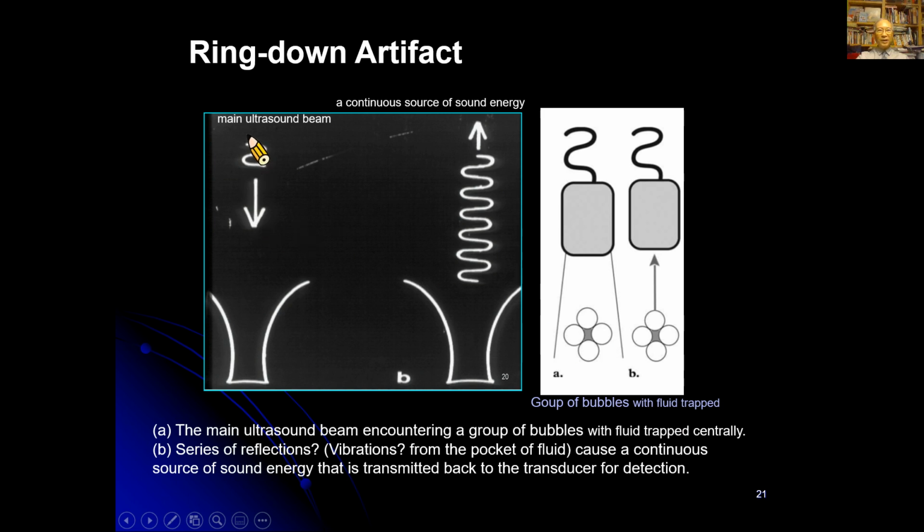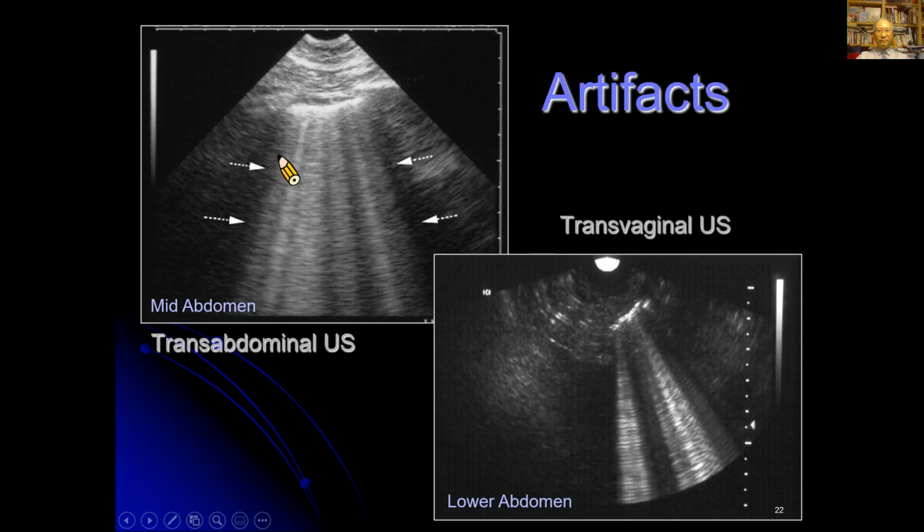So when the main ultrasound beam is transmitted to the fluid and reflected in between the gas bubbles, a continuous source of sound energy goes back to the transducer. So you can see this kind of parallel